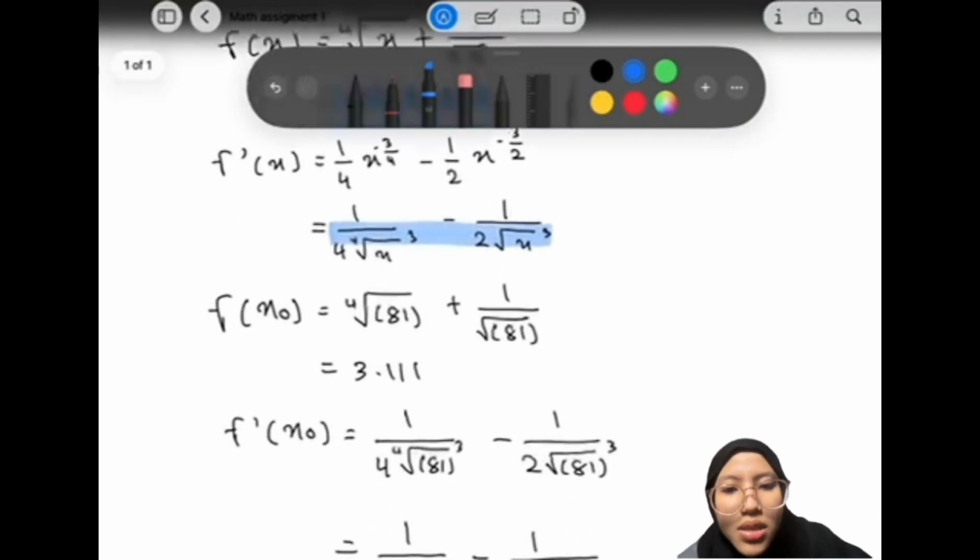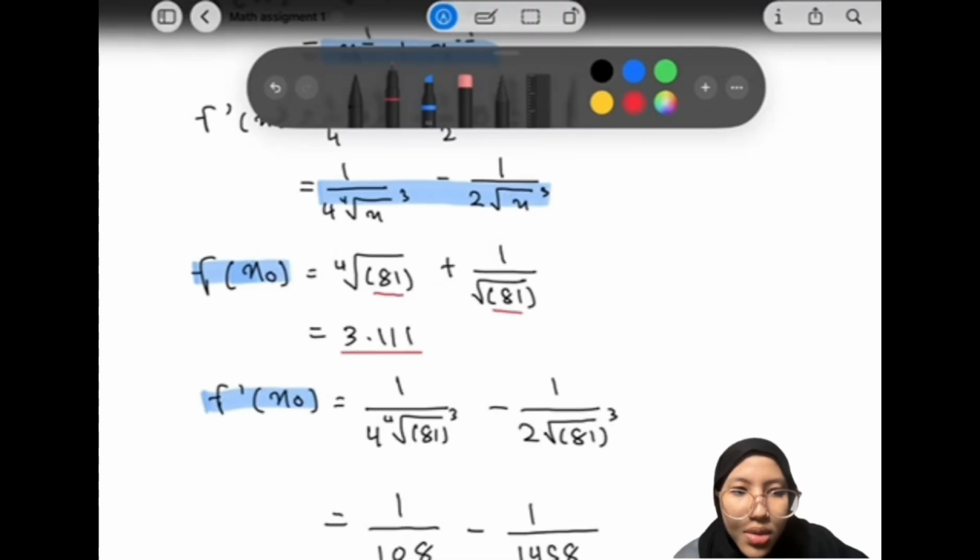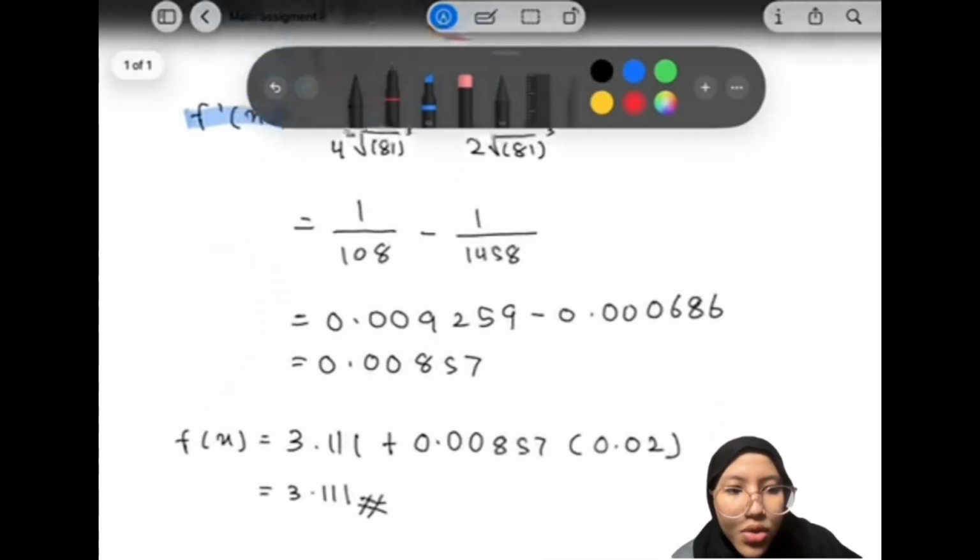Okay, so next we have to find the value of f(x naught) and f prime(x naught). We substitute x naught, which is 81, into these two formulas. Using the calculator, we will get f(x naught) equals 3.11, and for f prime(x naught), we will get